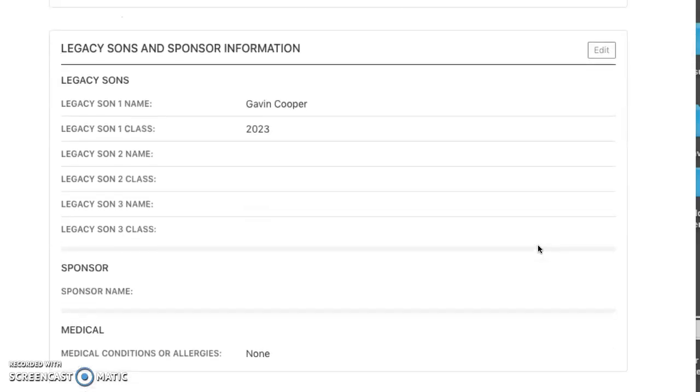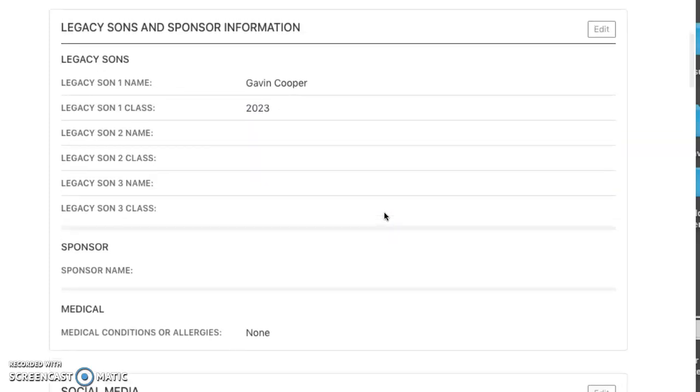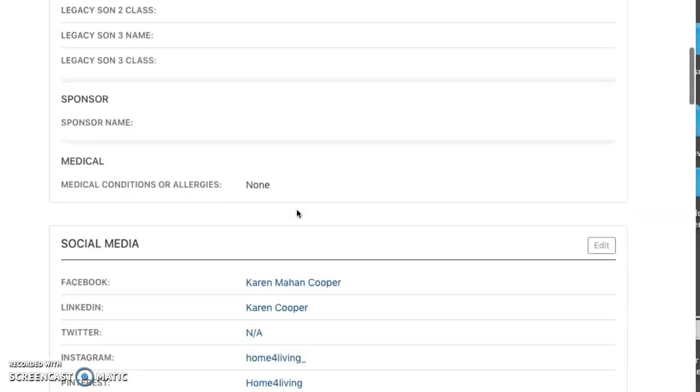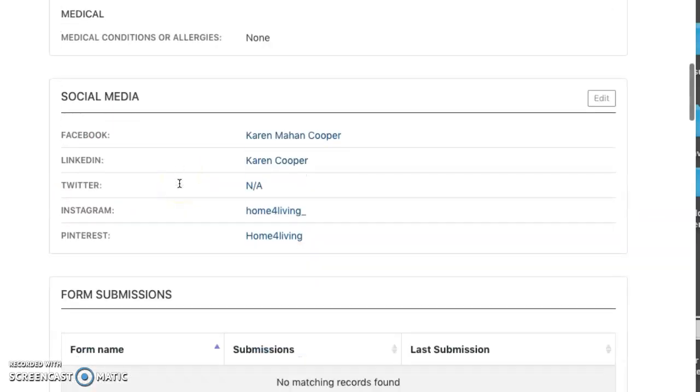This is where you'll see if your son has been correctly imported into the new portal. My son's name is Gavin Cooper, and the class is 2023. If you do not see your son, please contact your launch liaison or your board to notify them that that needs to be fixed. Don't try to edit that. You can edit your medical information, and you can import all of your social media information right here on the profile